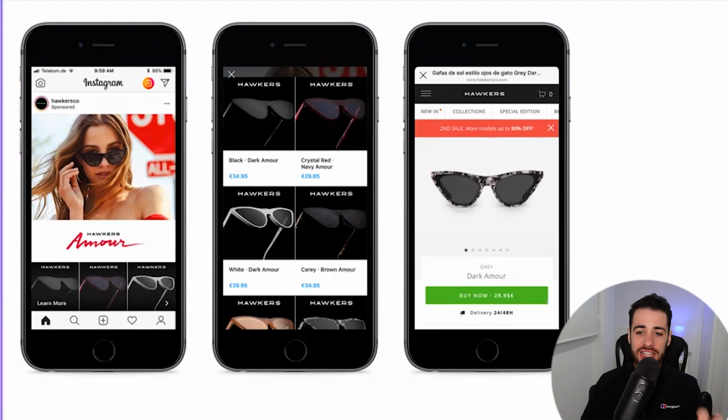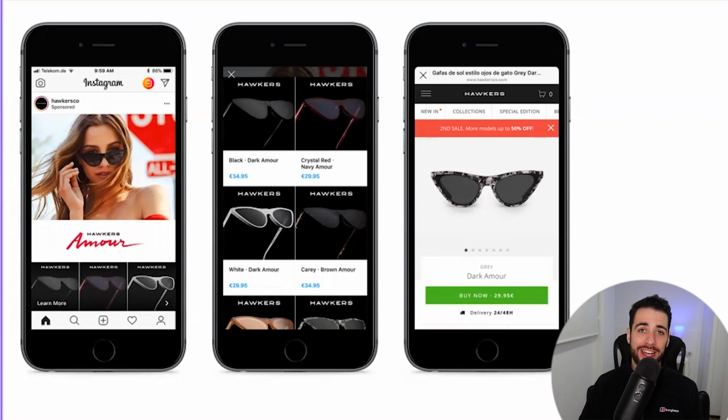So you can have a static image or you can have a video, as you can see this lady with the sunglasses. And then what Instagram will do is it will pair it with that dynamically populating catalog so that someone sees a creative that captures their attention. They can then see some dynamically generated products below it that are relevant to them. And if they click on it, it's then going to expand into a full-on mobile experience, as you can see in the middle photo, where they can see all these different products, different prices, and like a mini landing page within the collection ads. So that's another one that works really, really well, especially if you have a big catalog